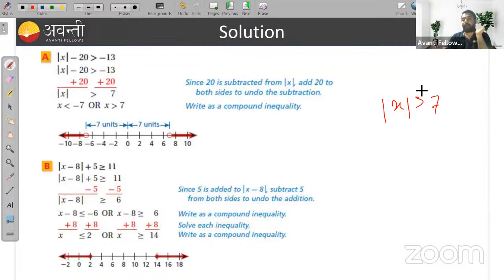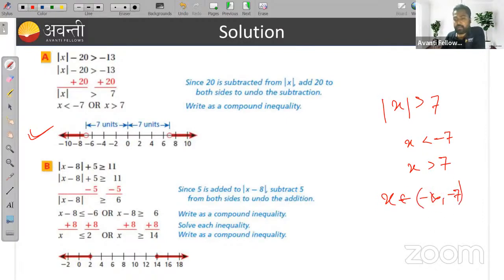Now when we have greater than with the absolute value inequality, it will be x is less than -7 and x is greater than 7, and this is the graphical representation. Okay, and how can we represent it in intervals? x belongs to -infinity to -7 union 7 to infinity. ओके, इंटरवल को यूज करके हम सॉल्यूशन को ऐसे लिख सकते हैं. ठीक है, चलो,